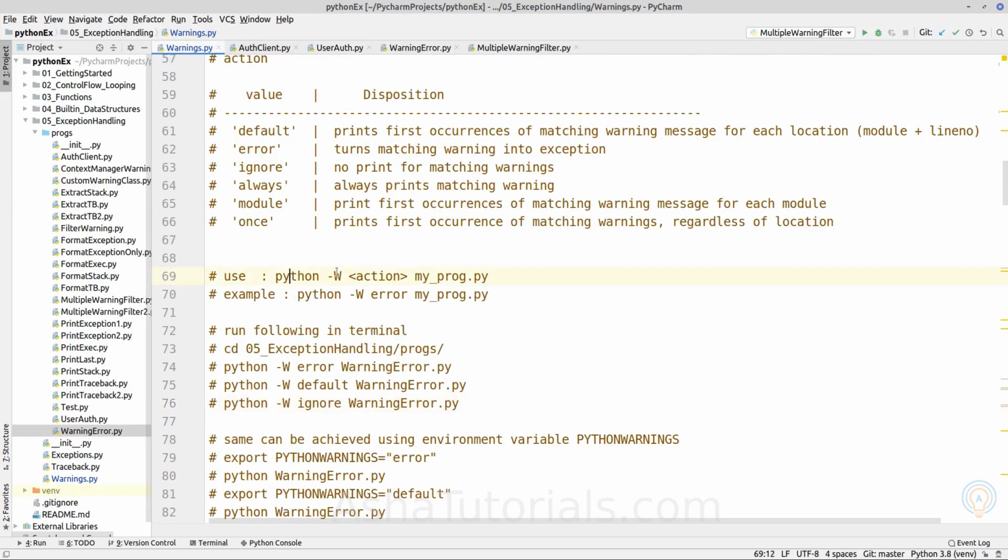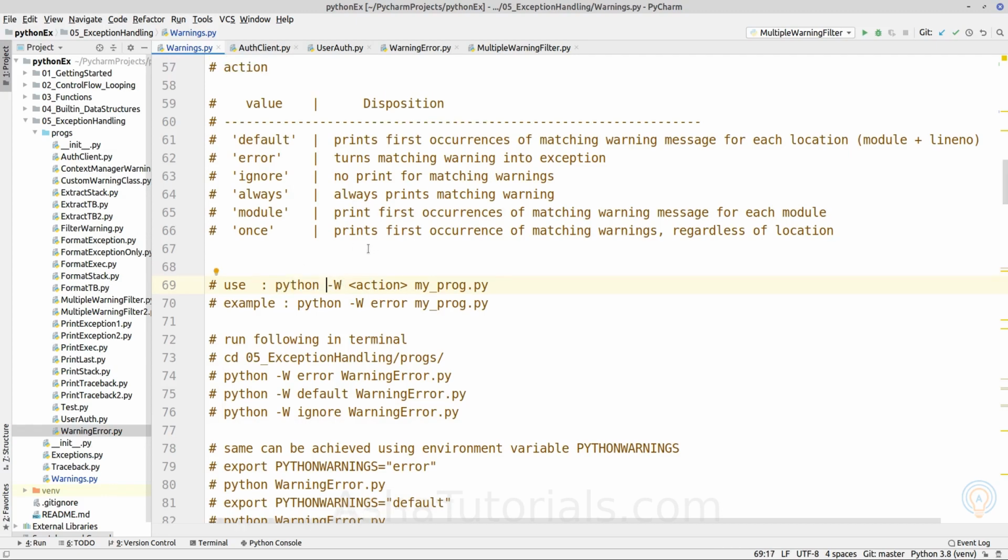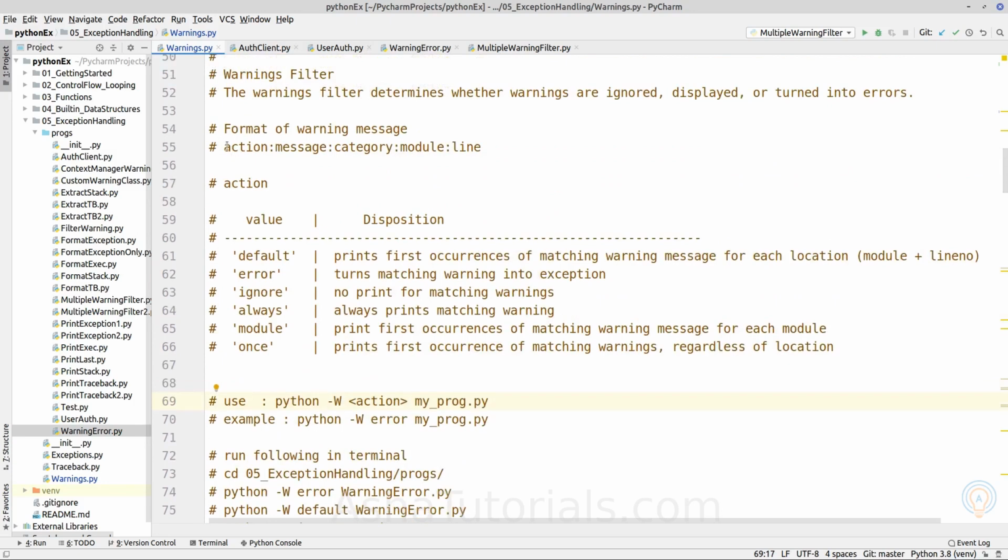Now let's see how to run it. Here, as you can see, python, afterward dash W, and we can specify the warning filter in this format. First we are only providing the action. All the parameters are optional, so we can specify only the parameters which are required.